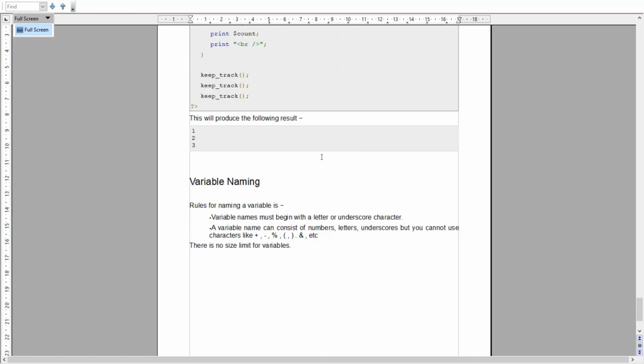There is no size limit for the variables here. In PHP we don't have to give a size limit for the variables.